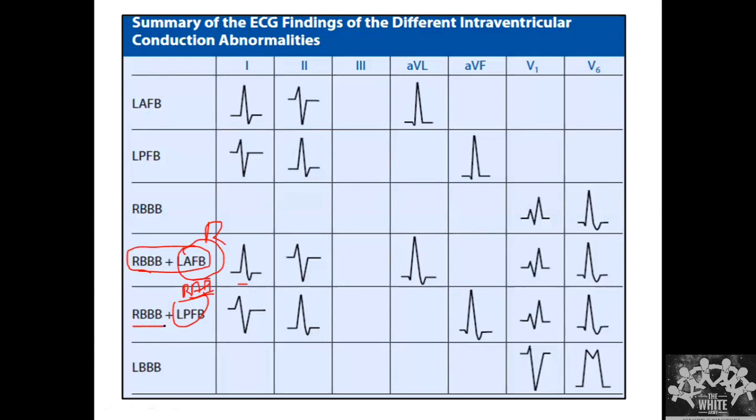So everyone will diagnose bundle branch block, RBBB, LBBB. The moment you see that, you should also look for the presence of a hemiblock. So here, for the right axis deviation, what we'll see in lead 1 and AVF is that the right leads both seem to come towards each other. So exactly opposite for the left axis, it will be like this, and exactly like this you will get a complex here. So this is how we diagnose.